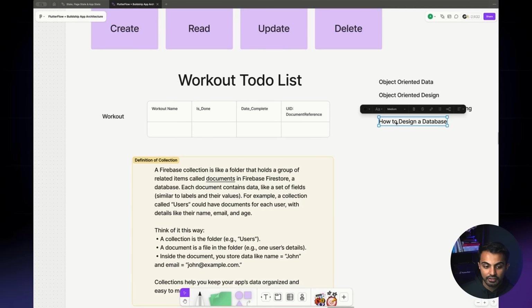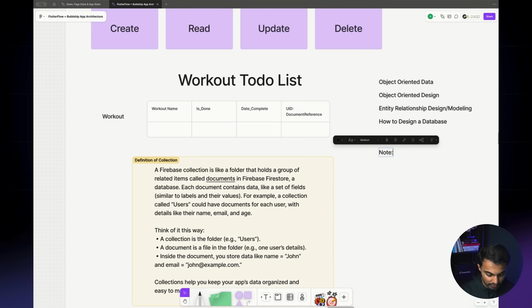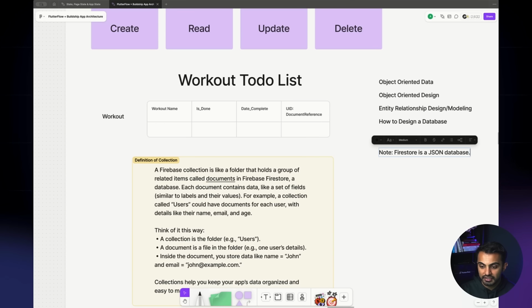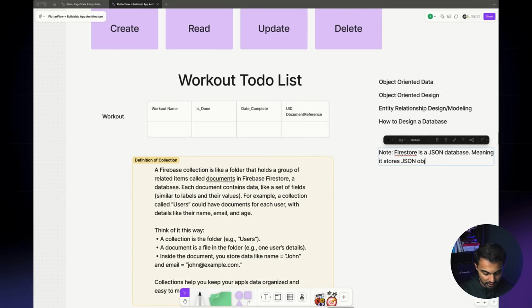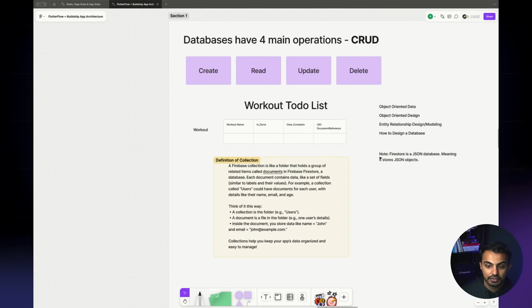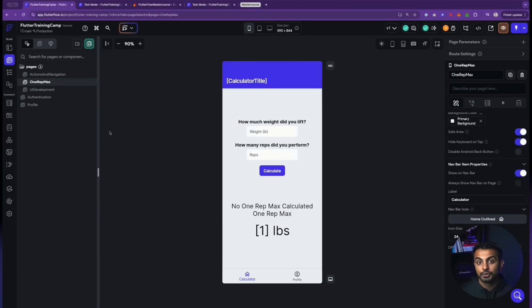I'm not going to get into that too much, but I do need you to know that. Firestore is a JSON database, meaning it stores JSON objects, okay? And I'm gonna tell you in just a moment what JSON objects are after you see this in action, okay?